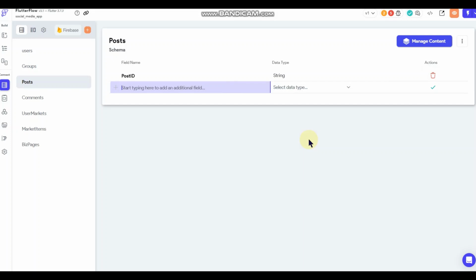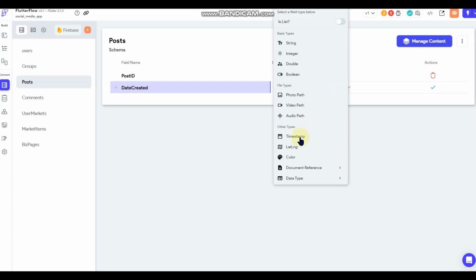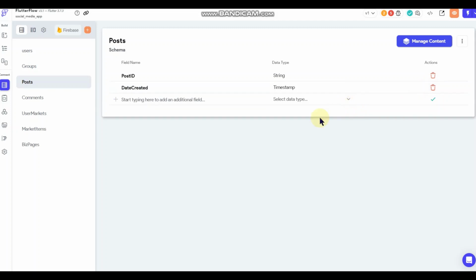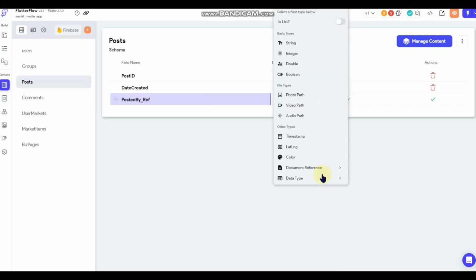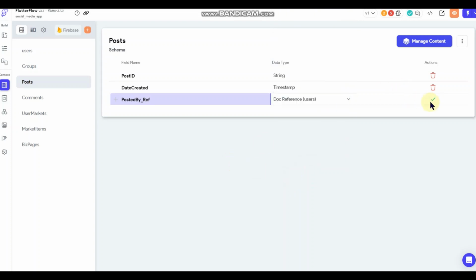And then we're going to do date created, timestamp, and then we'll do posted by. So that'll be who posted it. So we'll do it as a user.